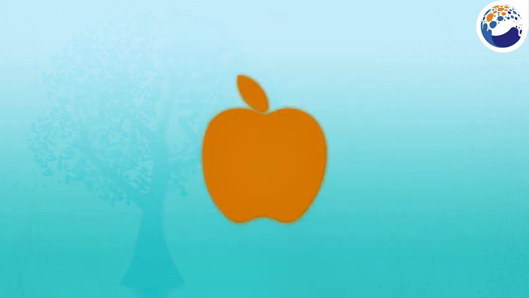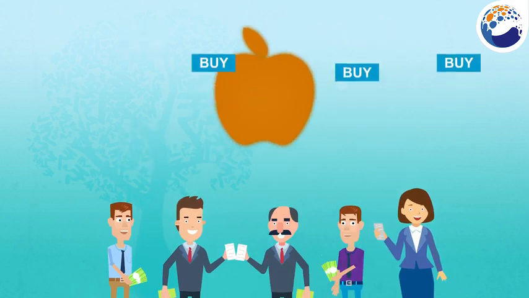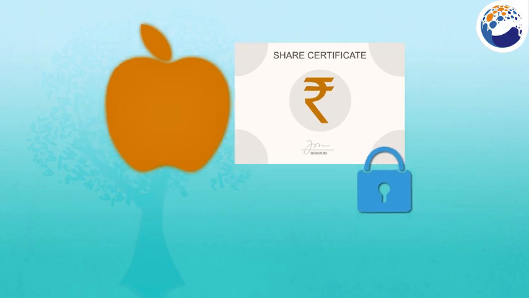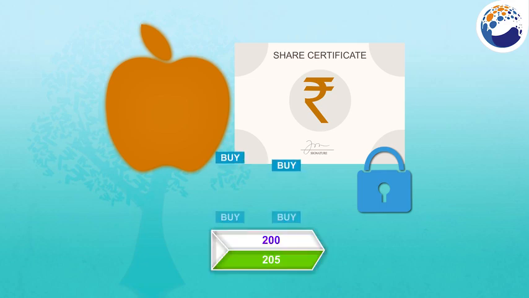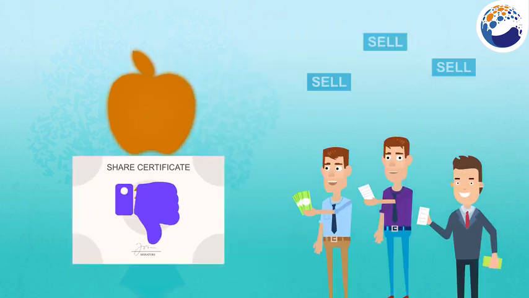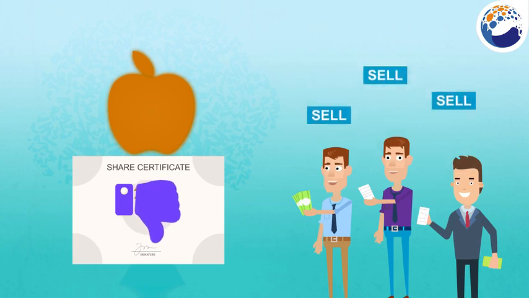Let us see how. If our Apple company is performing better than expected, it means that everyone will want to buy its shares. But the number of shares is fixed in the market, so the supply of shares cannot increase. But people want to buy more shares. Since the company is performing well, they are also ready to pay more to get the shares, and this is how the market value of such shares increases. If the company wasn't performing well, the share price would decrease.